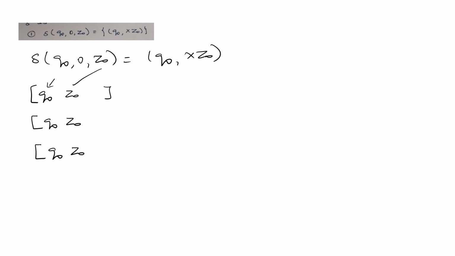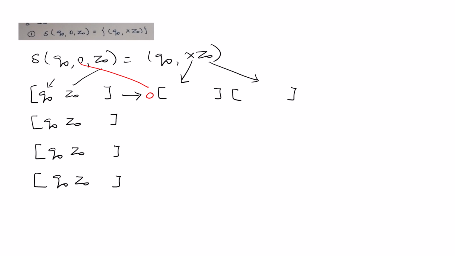All 4 productions are starting with the same thing, Q0, Z0. And here comes the input symbol 0, followed by two variables, one for this stack symbol X, another for this stack symbol Z0, and this Q0 has to complete. So all the productions are going to be like that: